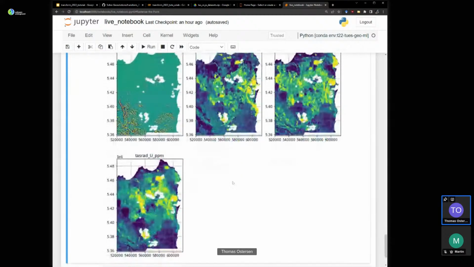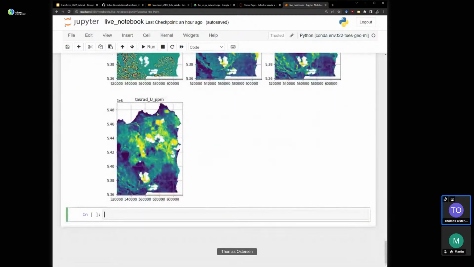Cool. So after all that, we've read all our data into memory, and we can start to think about modeling. But in order to do that, we need to label these pixels with whether or not the pixels are proximal or distal to our mineral occurrences. So we need to rasterize our vector point sets. To do that, we're going to use the rasterize module from Rasterio.